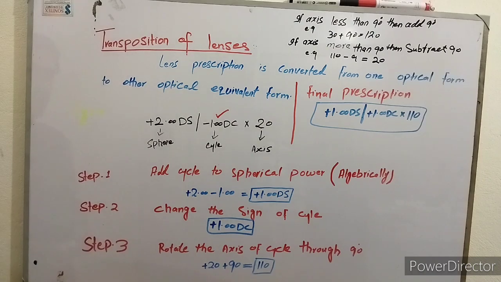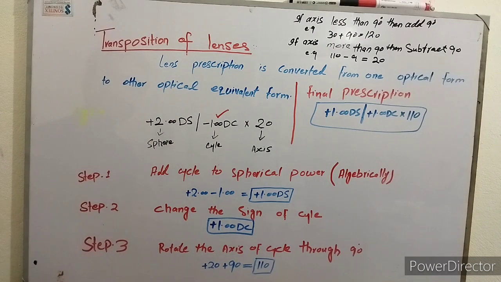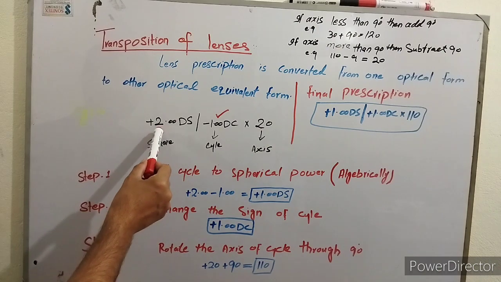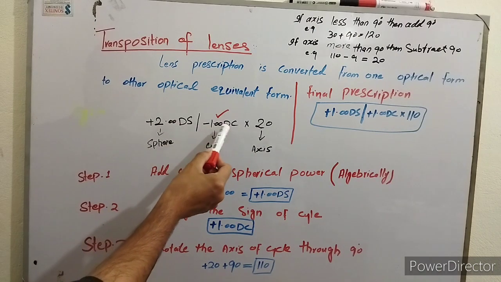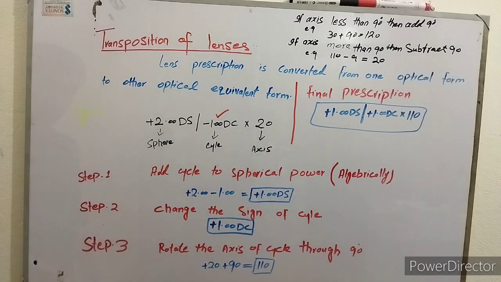Now I am going to give an example. If our prescription is +2 diopter sphere with -1 diopter cylinder at 20 degree, we have mostly 3 to 4 steps in transposition. I will explain every step one by one. Our first step is